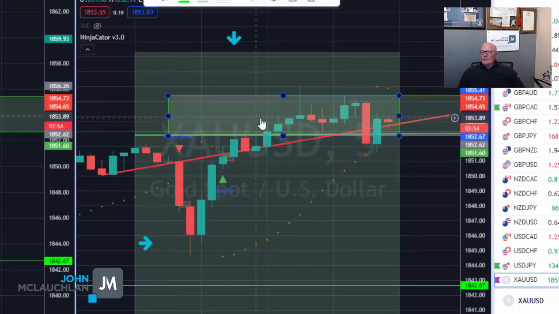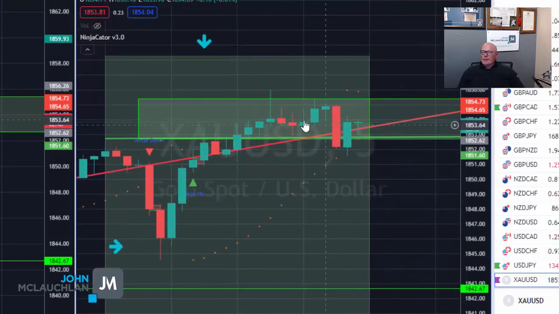So you can see all this is consolidation. So price does two things. Either it goes down to the downside, to the south, it goes up to the north, or it goes sideways to the east. And when it goes sideways to the east, this can be an indication of an accumulation by the banks,